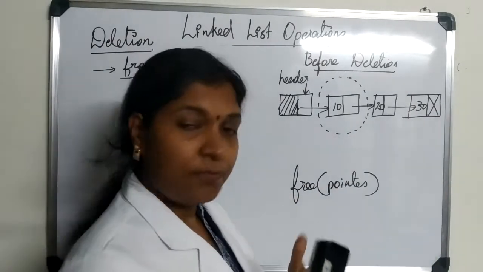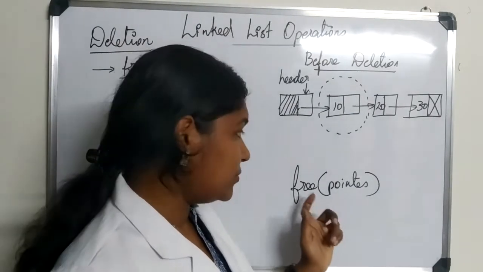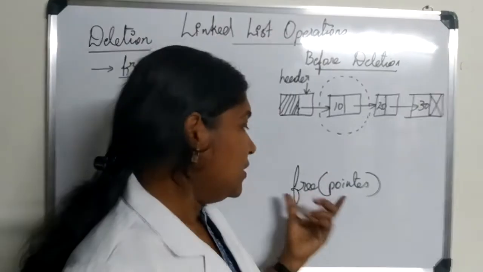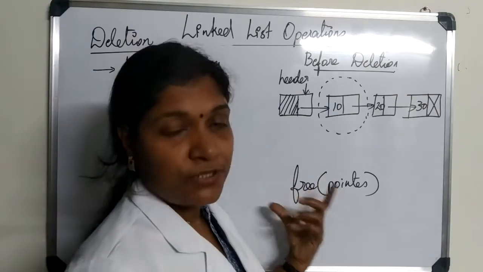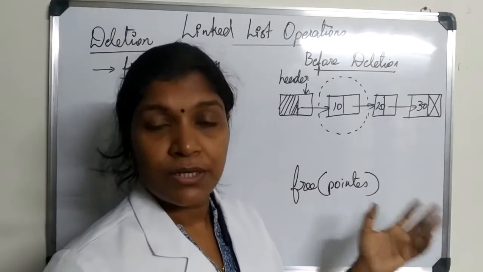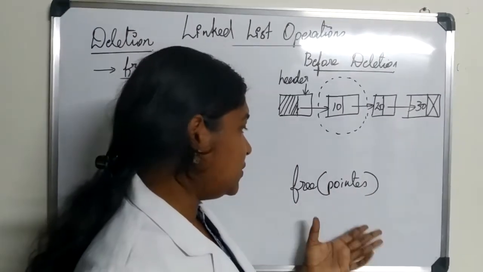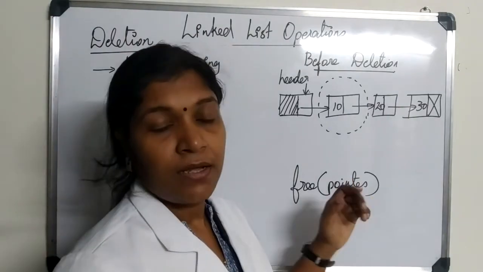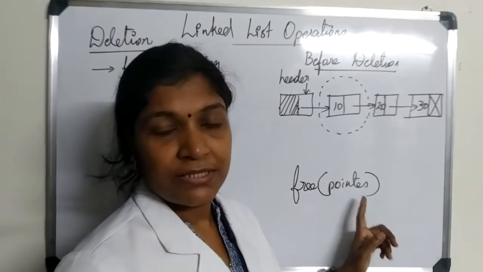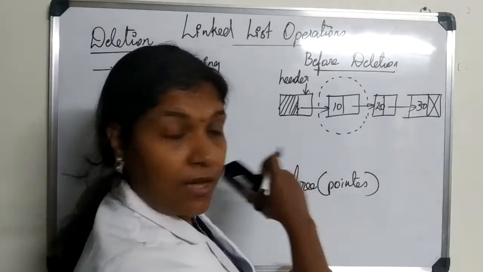We can deallocate. We are performing the deallocation. In order to perform that deallocation, the function used is the free function. This is also a dynamic allocation and deallocation concept function. The free function is used to deallocate the allocated memory whenever it is no longer required in our program. The syntax of using this function is free of pointer. Whatever our pointer variable is, say PTR, we specify within this. So free of PTR would be our representation. We'll be using this in our algorithm.